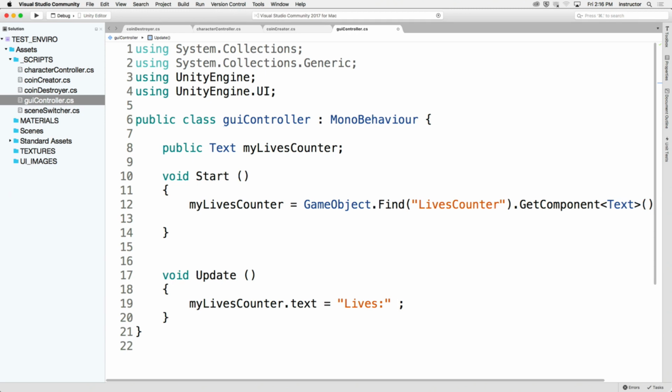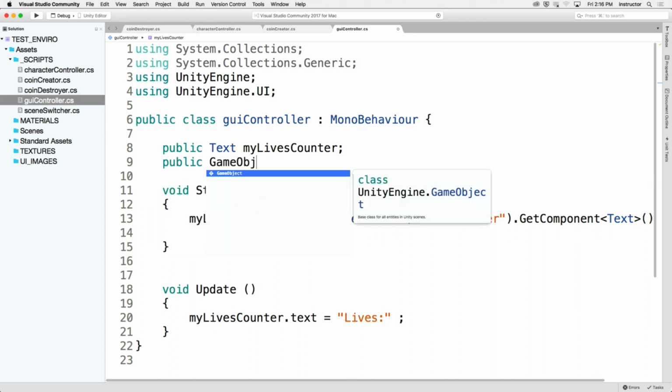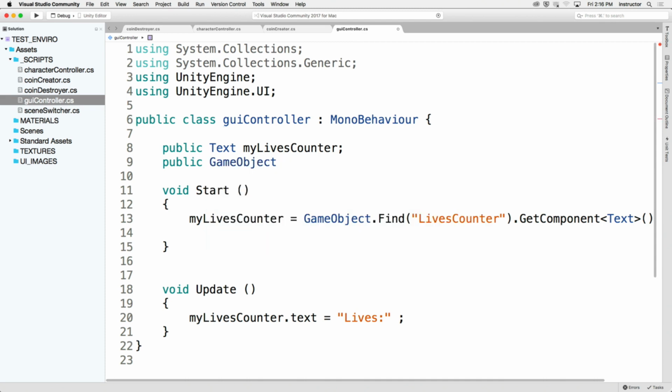All right. So we've got to do 2 things. We've got to reference the game object and then reference the script, okay? In order for this whole thing to work. So let's just go ahead and do it real fast. We're going to do it up at the top of the screen. Okay, so we'll do public game object, and we'll just call this the player, right? Because the player,